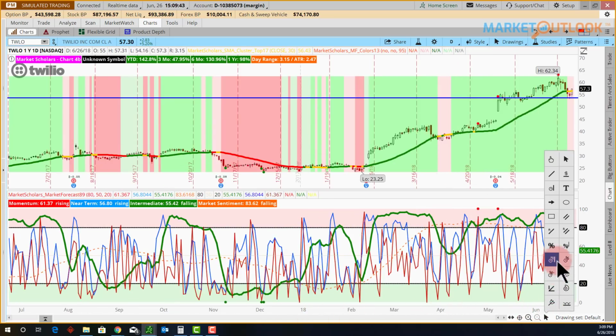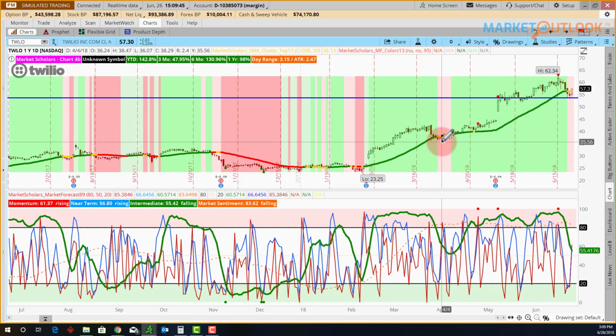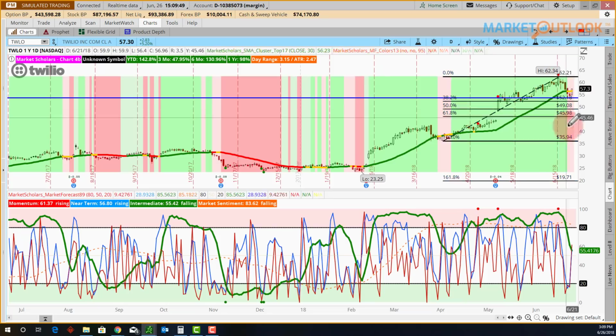From this near intermediate point, from this low point that we had that almost got the intermediate line down below 50, up to that high, you can see essentially we're getting close to that 38% Fibonacci retracement, where there's going to be some support in that area. So basically we held that area between the 38% and 23% Fibonacci retracement as support, came into it, and bounced off of it, as of right now at least.